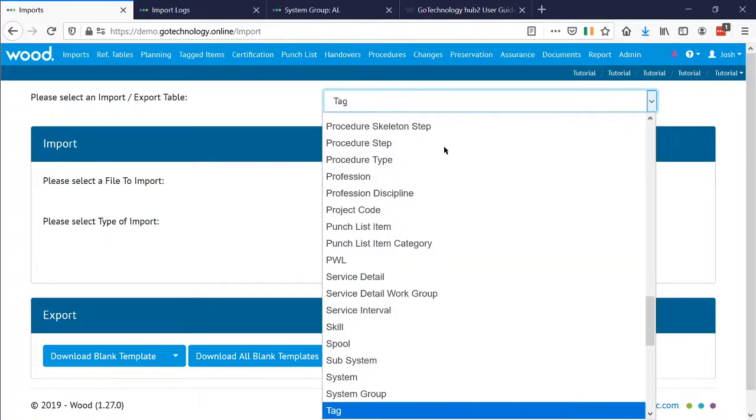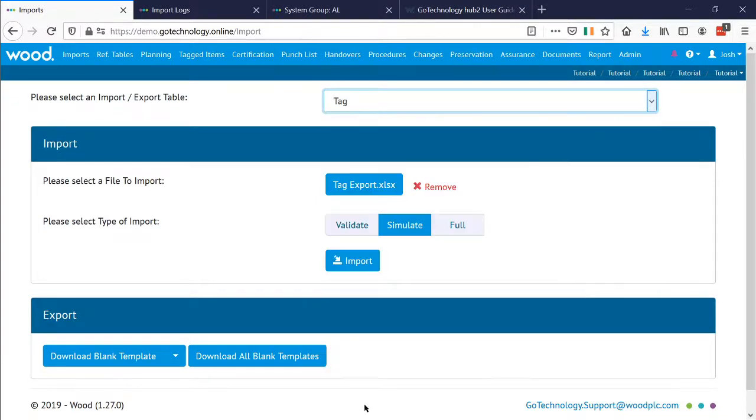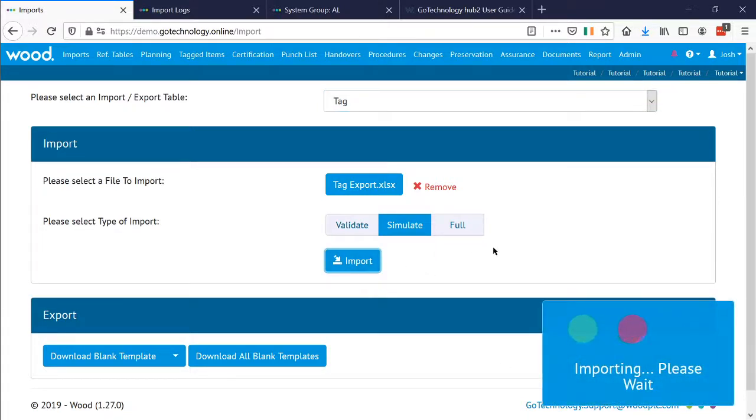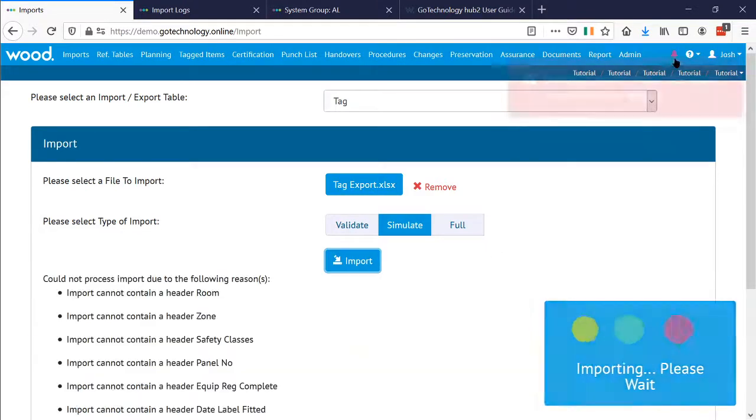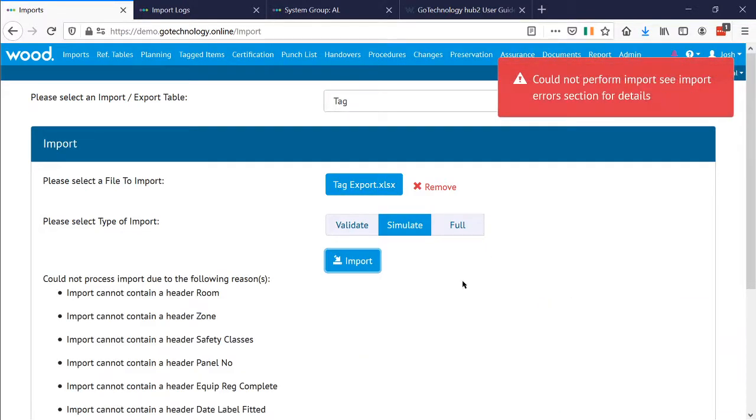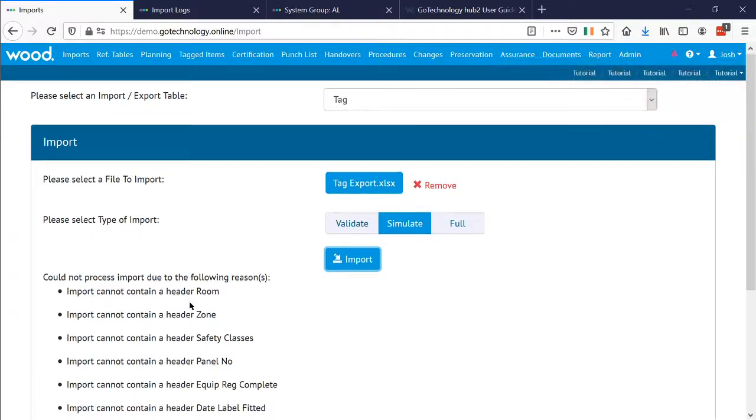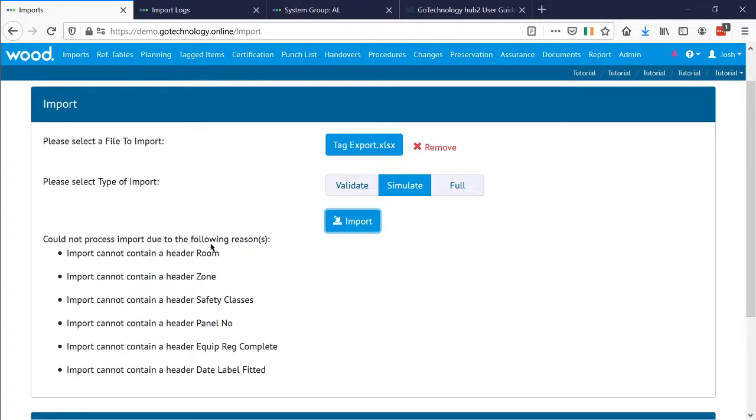And there is a way, if you want to, that you could start off by doing a simulate tag import just to see all the information highlighted that you haven't loaded, if you want to do it that way. So we'll go and import that, and we are going to, interesting. Okay, so what we've got here is something that's going to come up a little bit later on,